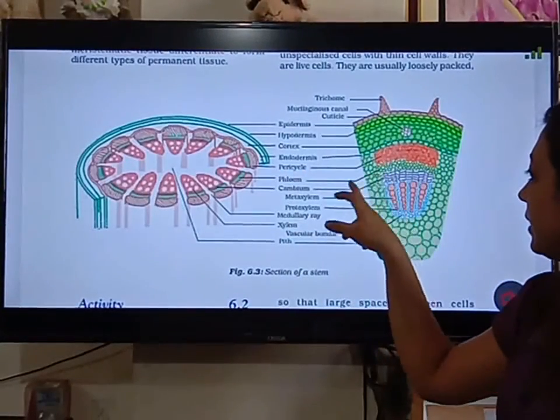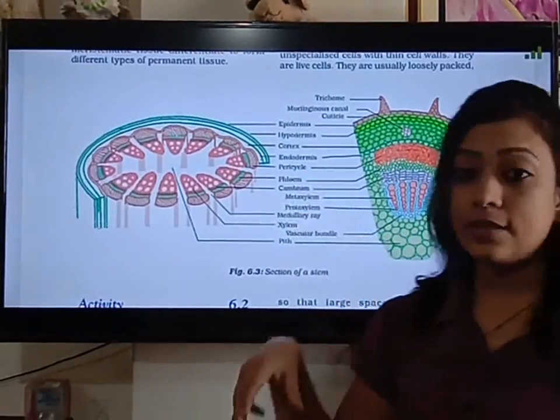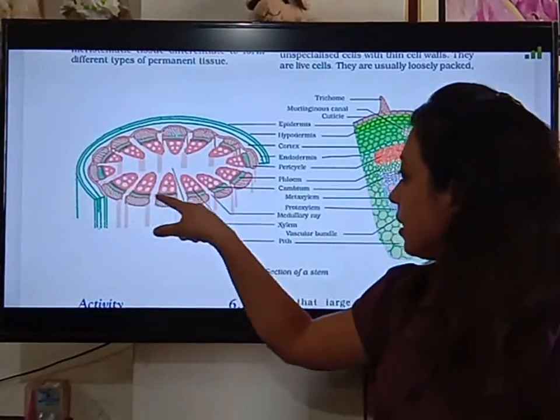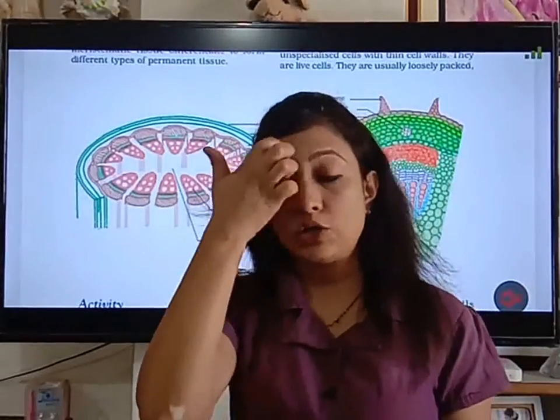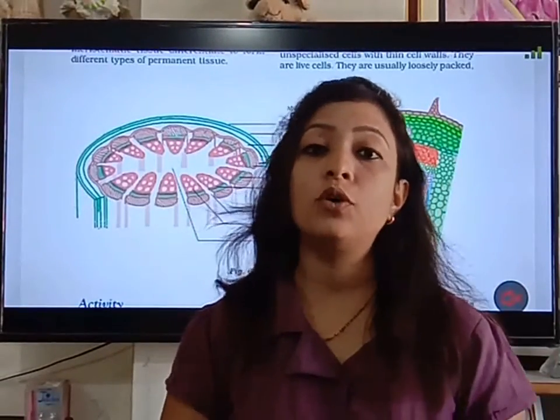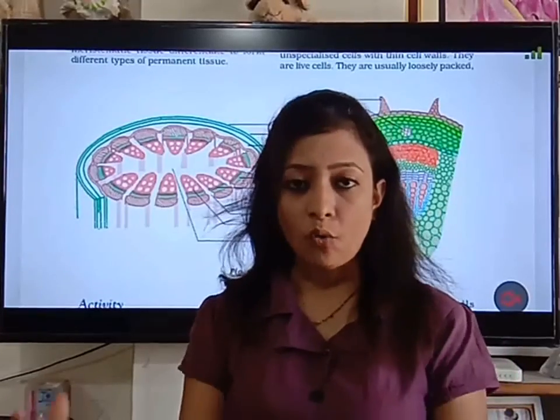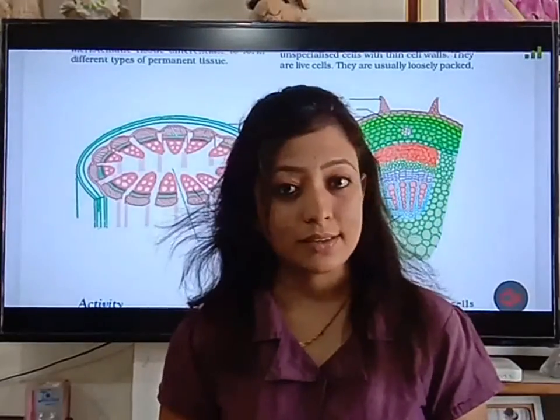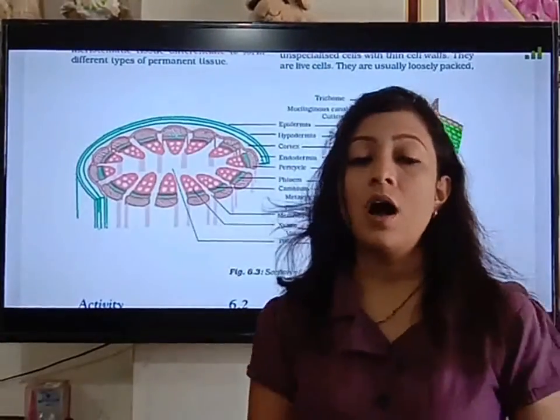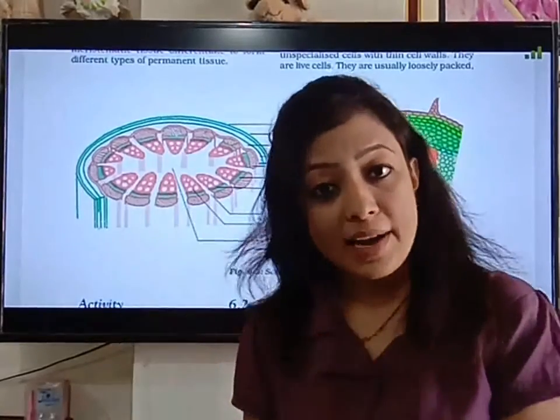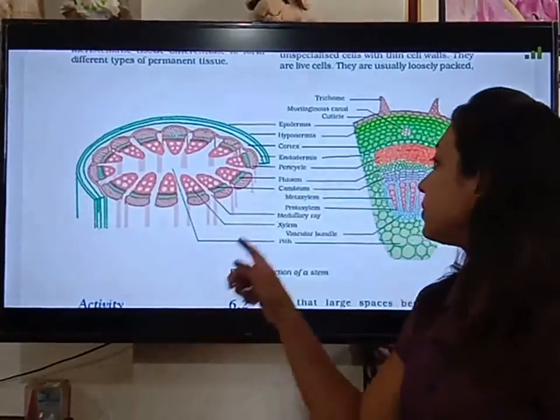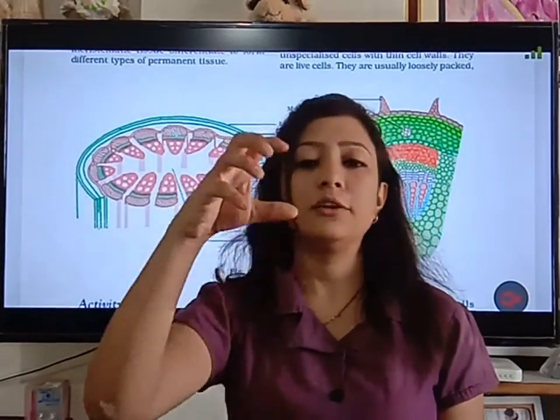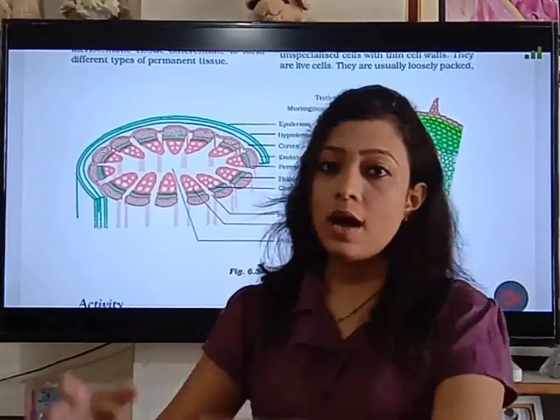Beneath this pericycle, there is the presence of phloem. So here you can see, children, these green patches are shown for the phloem. Now children, this phloem transports food in the plant body. Whatever food is synthesized in the plant leaves by the process of photosynthesis, that food is transported from one part of the plant body to another with the help of this conducting tissue called phloem. So children, phloem transports the food from one part of the plant body to another.